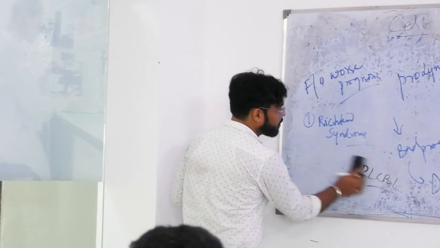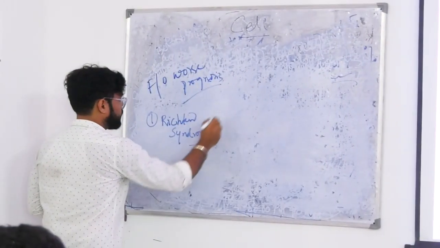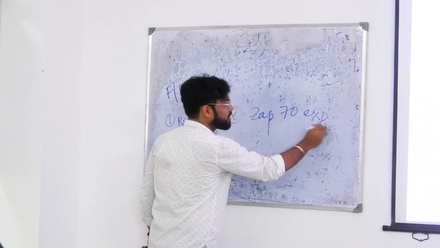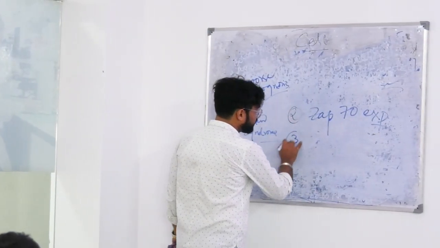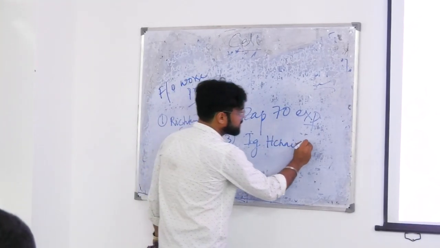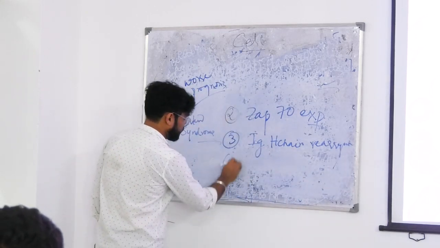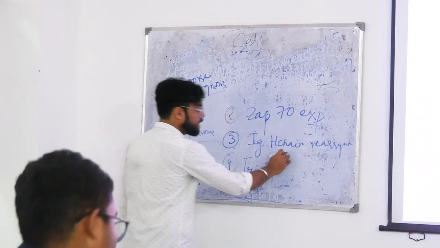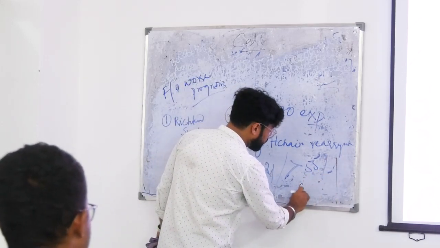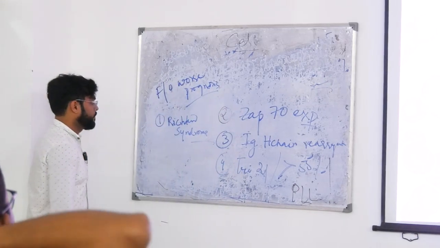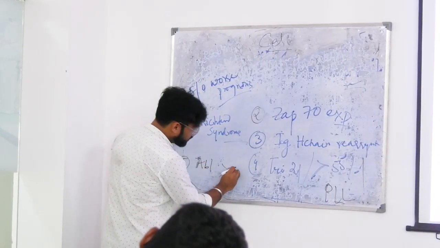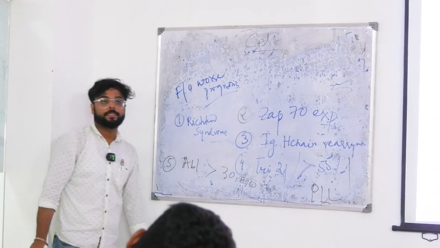Okay. Second condition associated with poor prognosis is presence of JAP17 expression. মনে রাখতে হবে না, জাস্ট এইটুকু নামটুকুই মনে রাখো, JAP17 expression. Third, immunoglobulin heavy chain rearrangement. Fourth, trisomy 21, that is presence of more than 55% of prolymphocytes or PLL. And fifth is if the total absolute lymphocyte count is more than 30,000. That's it, এটুকুই মনে রাখো।